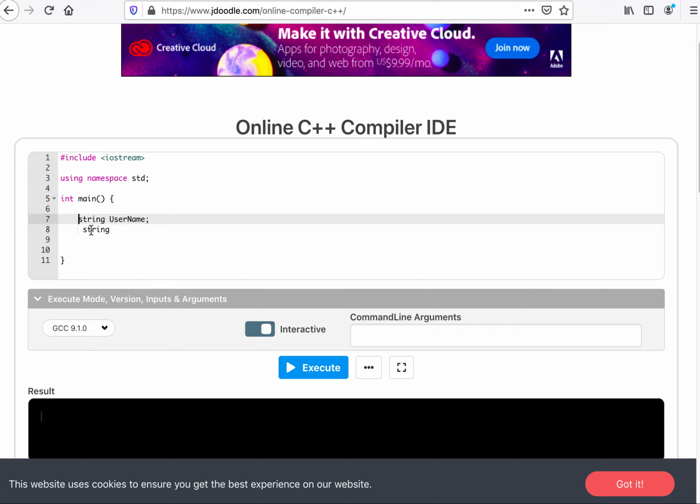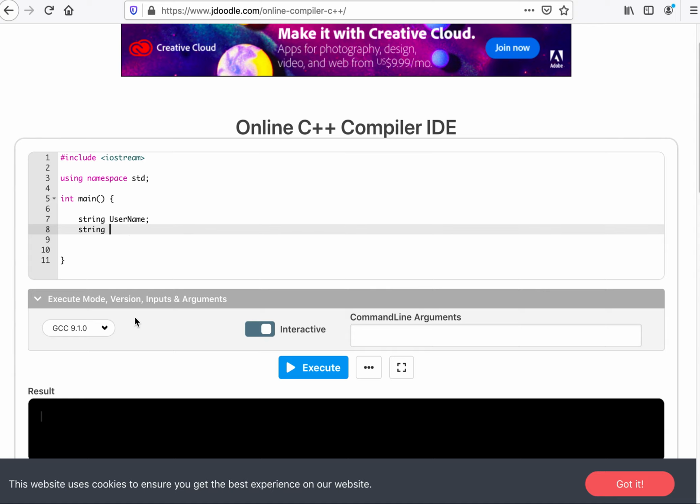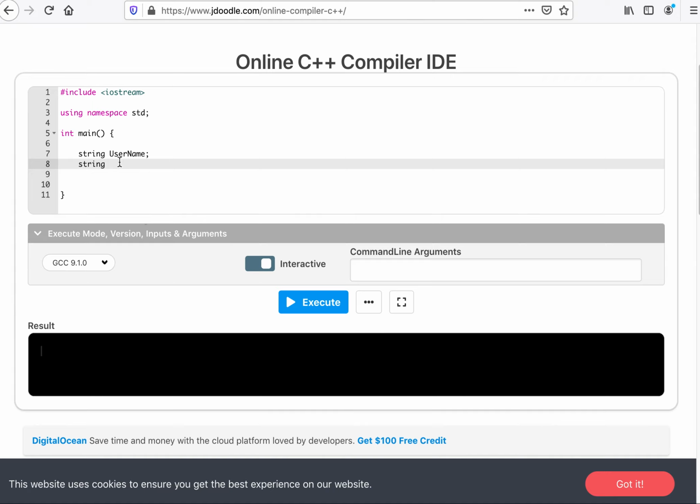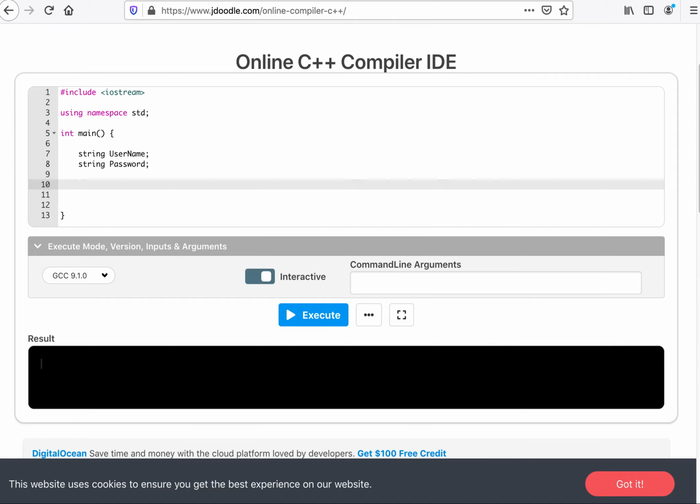Hello, why are you oddly indented like that? There we go. If anything gets weirdly indented in JDoodle, it will sometimes decide not to work properly. So we know that we have our username and a password. We know we're going to use those. Obviously, you know how to make strings by this point. Welcome to the computer login